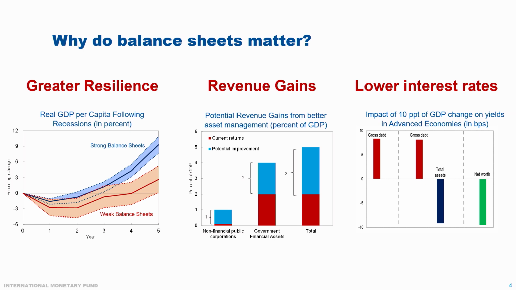The second is that there is real potential for revenue gains. Those of you who have dealt in budgets know that finding 0.5% of GDP to fund a new program is incredibly difficult. Well, we find that one of the flip sides of the lack of visibility on government assets is that it often comes with benign neglect. Countries aren't managing their assets very well. State-owned enterprises have a 0% return on average. That's a pretty poor return for a very large investment and very large risk. So improved asset management could yield an additional 3% of GDP in revenues.